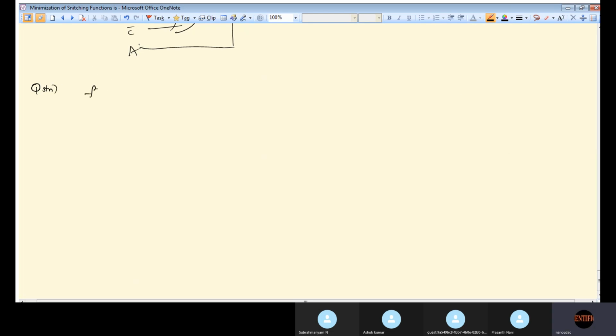I'm giving you f of x comma y comma z is equal to xy plus yz, and also one more function I'm giving you, f1 f2. f2 of x y z will be is equal to x bar plus yz bar plus yz bar. Okay, so what you have to do is,